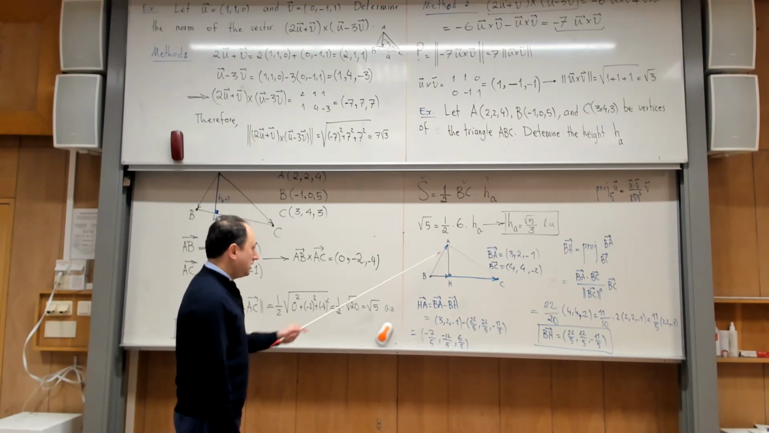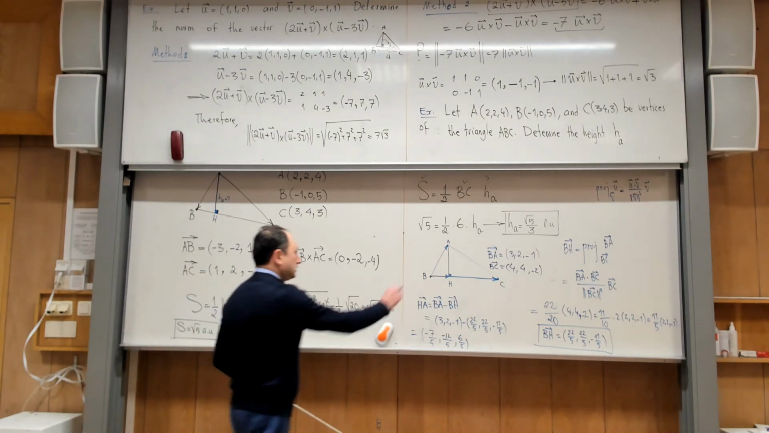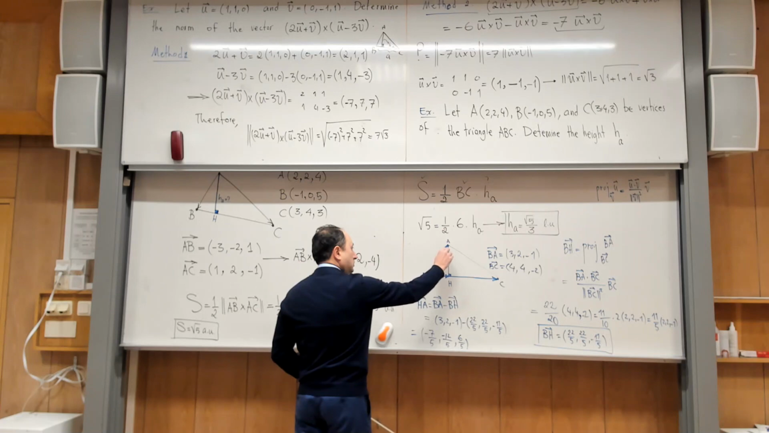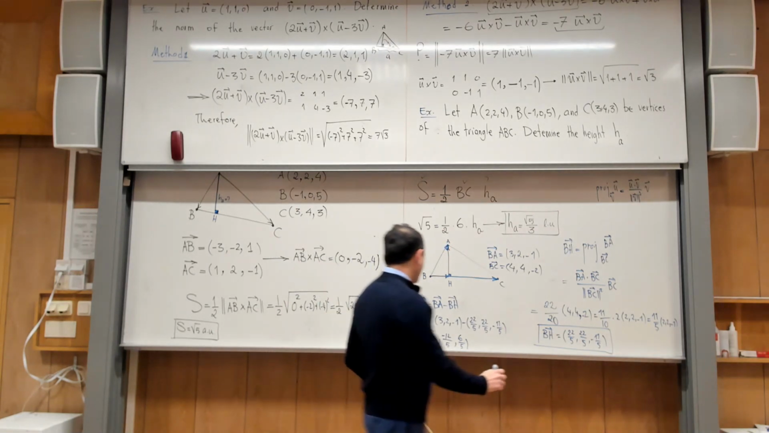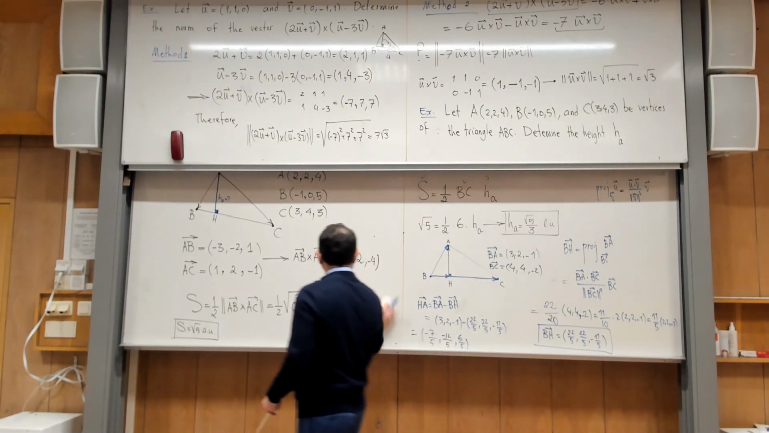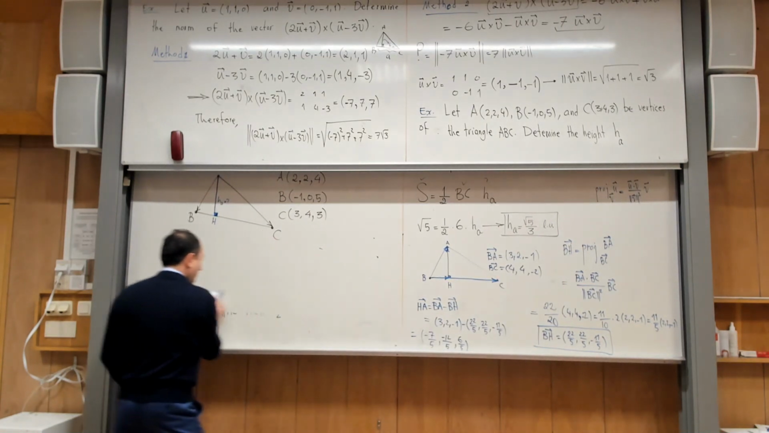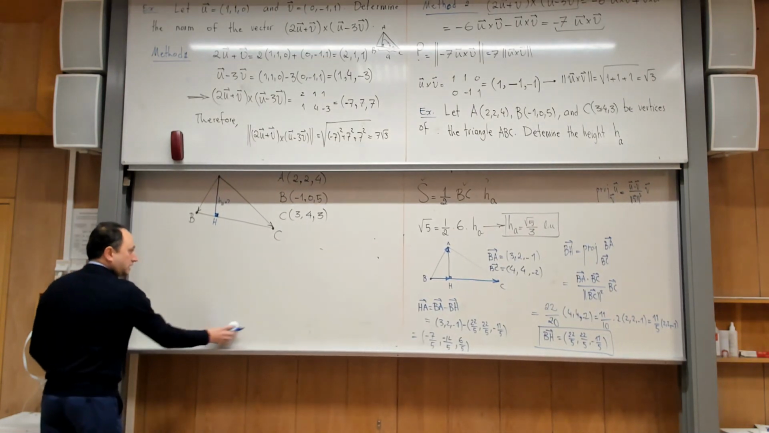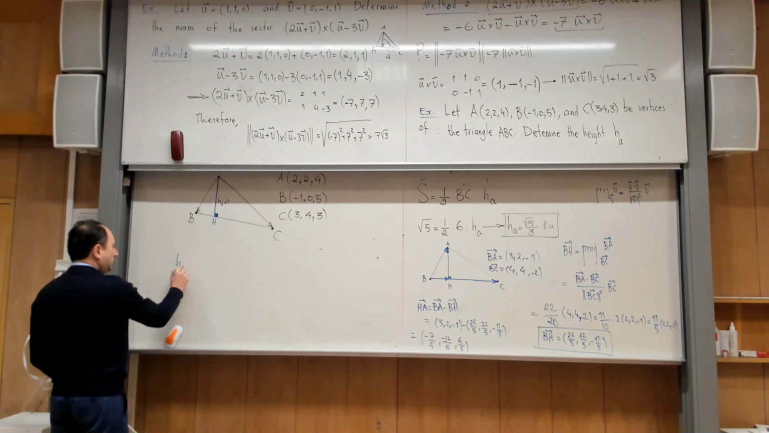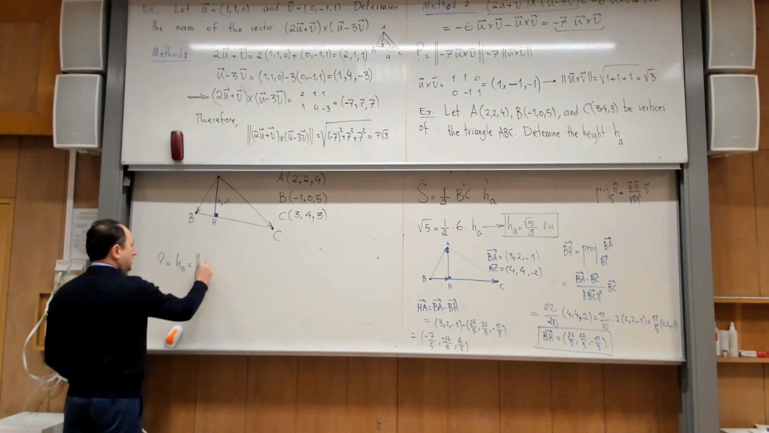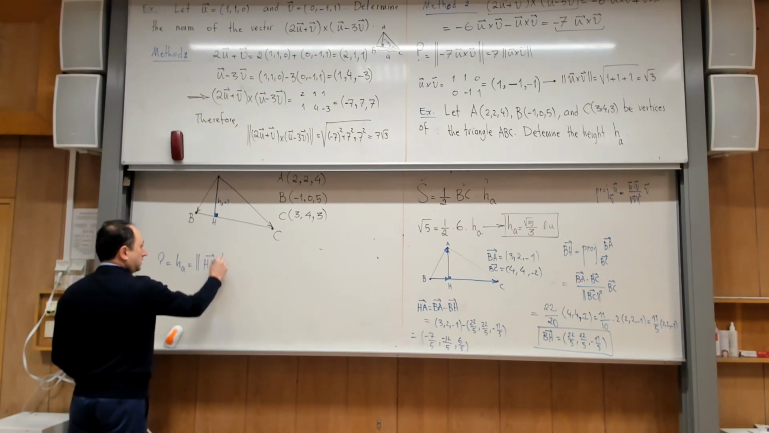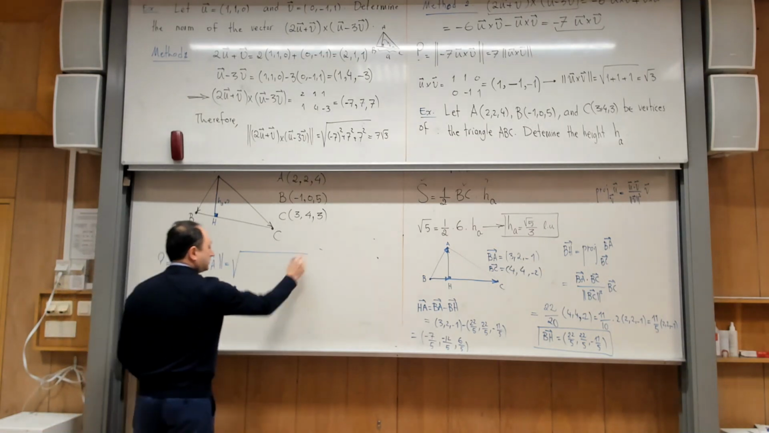Because HA is the vector, but I want to find the length. So let us calculate this here. Let me clean this and write it properly. Okay, so how should I calculate the length? HA, which is wanted, is equal to the norm of HA, and then it is the square root of,